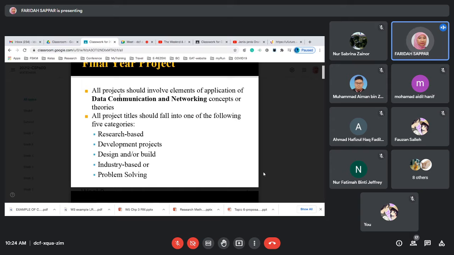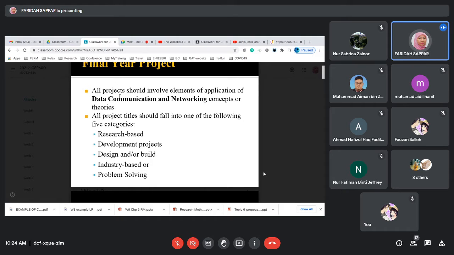Development project, you buat some of the interface on the application part, and then you integrate with the new technology, so kita sebut as a development. So they develop a system. Design and build,